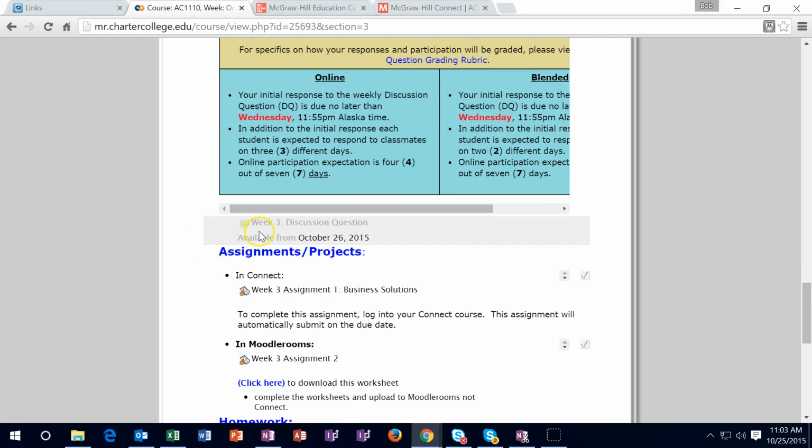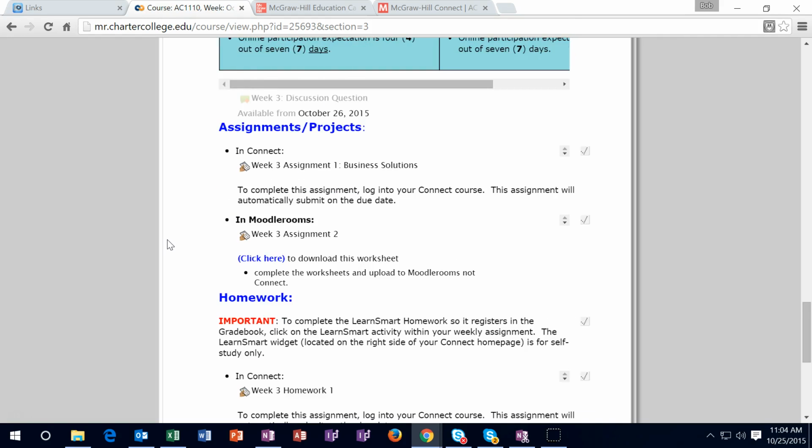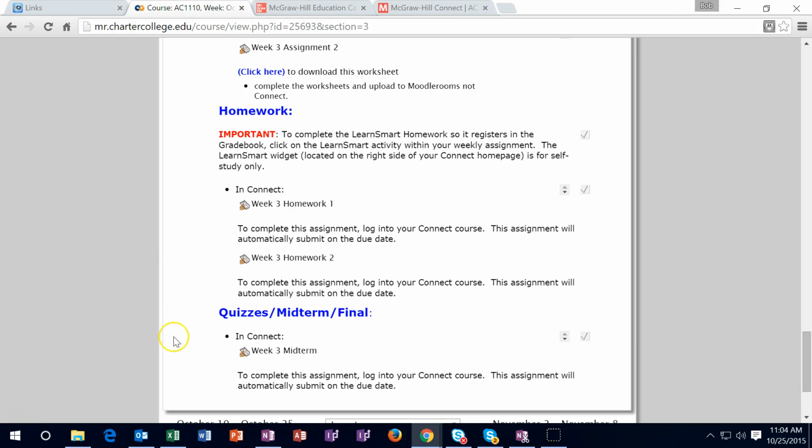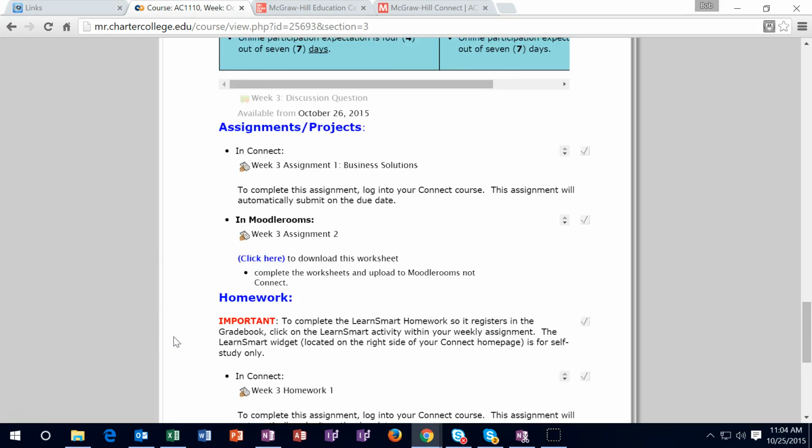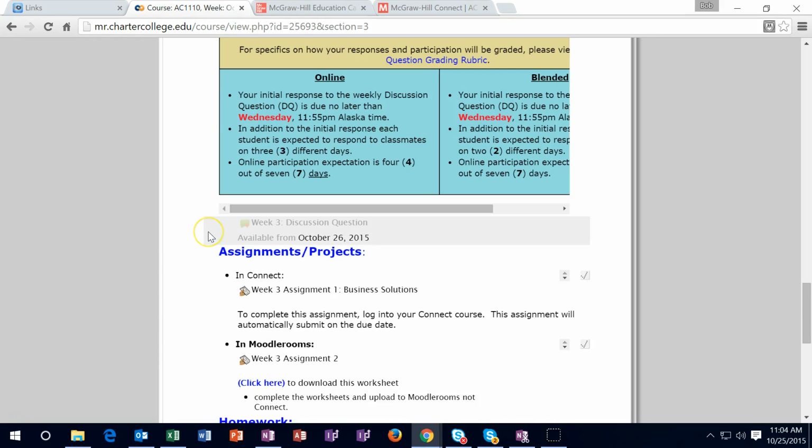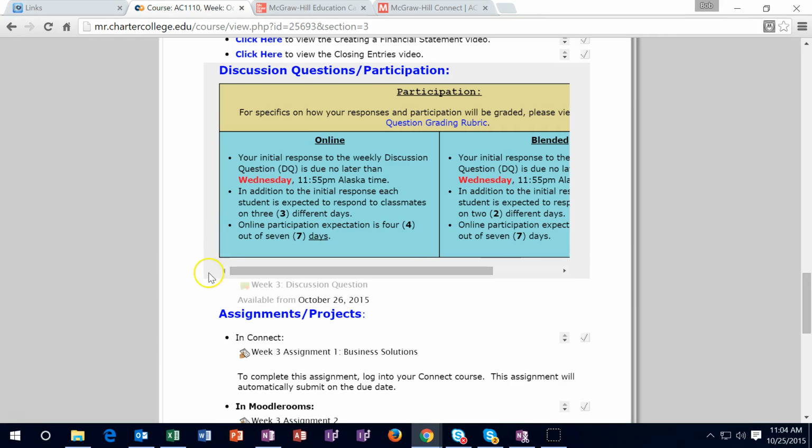Then we have the discussion forum here. Remember that the discussion forum is worth 21% of the grade. I would strongly approach all these classes in the format that we want to get 100% of the discussion forum grade and as much of the assignments as possible, and therefore if we do not do as well on the quizzes, then we have some cushion. 21% is a huge piece of the grade. We have the most control over the discussion forums.